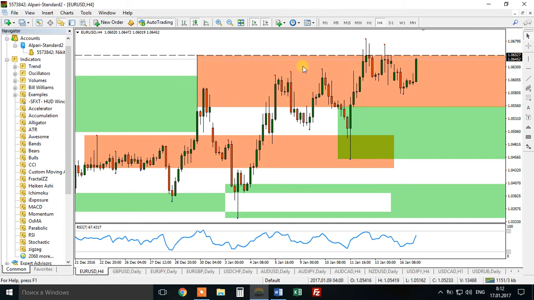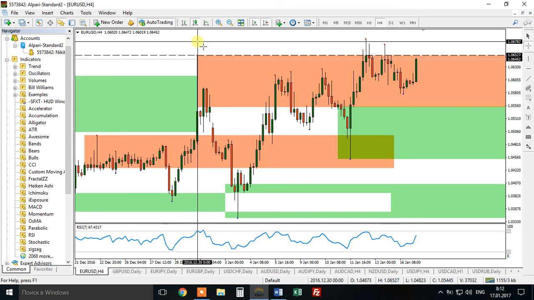We made a higher high. Oh, not yet exactly. We didn't have a close above the previous high, so it's not a higher high. Technically, it is a double top as well. And look at this